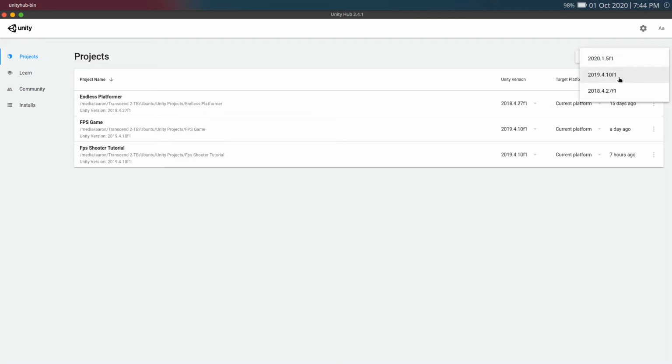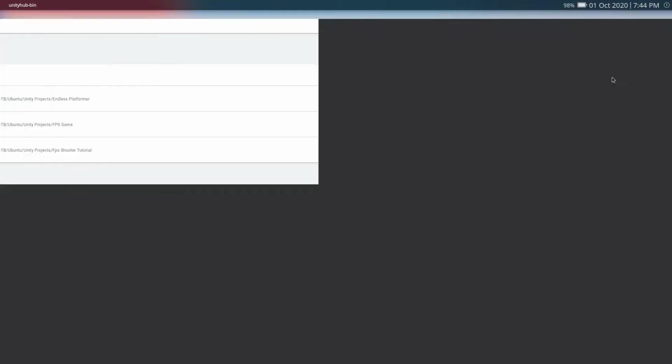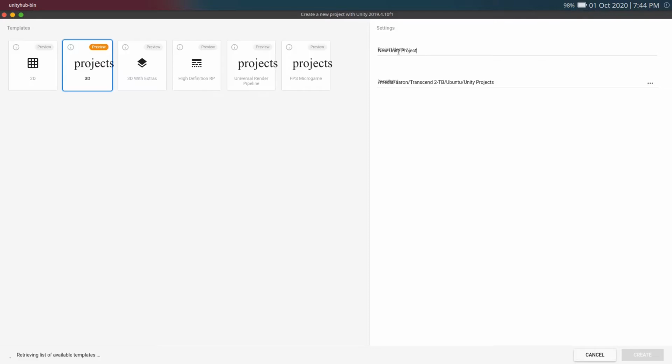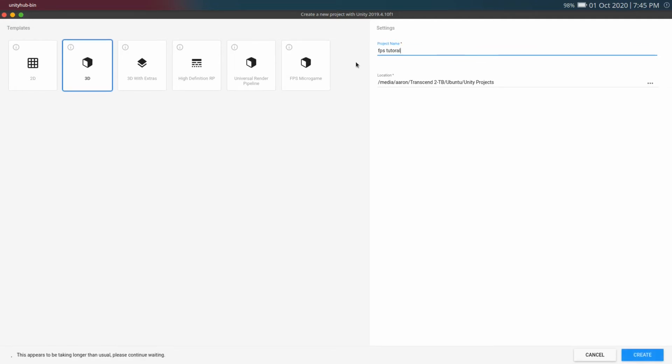2019.4.1 OF1, so just click that, and then after that you can name your project whatever you like. So I'll be naming it FPS tutorial, and the FPS micro game that we just downloaded, that's going to be our base for the game. So our game will be built on top of that. So I can name it FPS tutorial,